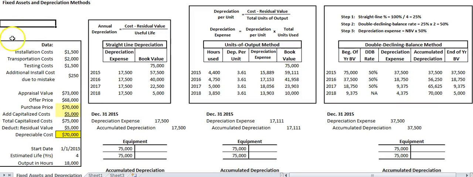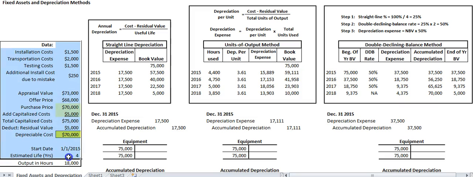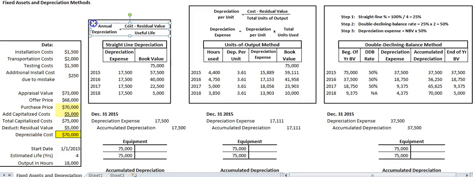Excuse me. So here we have the data that we're going to be working with over here. And here we have an example. Let's follow these boxes. I know this is a little bit busy. In this box we have our depreciation using straight line depreciation, which is one method. Here we have our depreciation using units of output method, and here we have depreciation using double declining balance method. So you would choose one of these three, and you would calculate the depreciation based on one of those three methods. Okay,